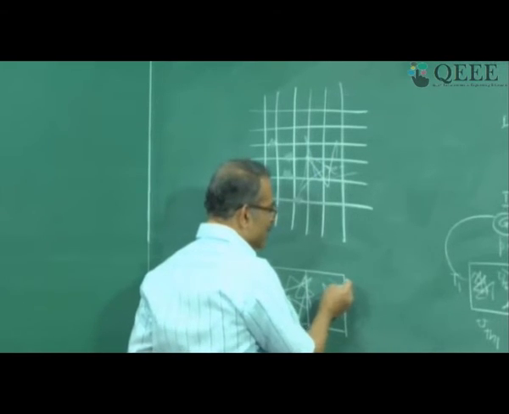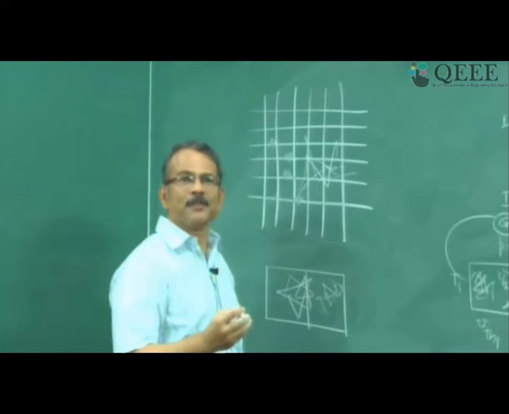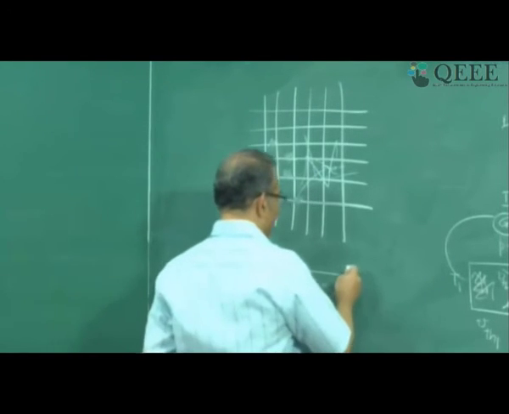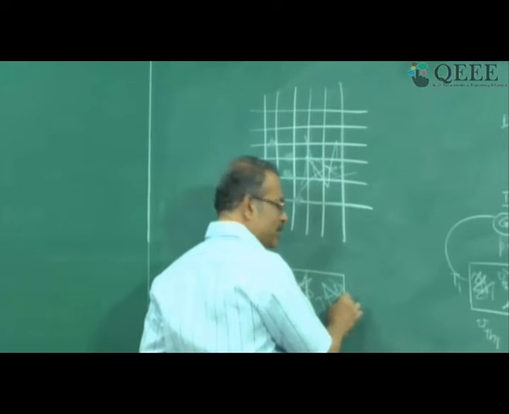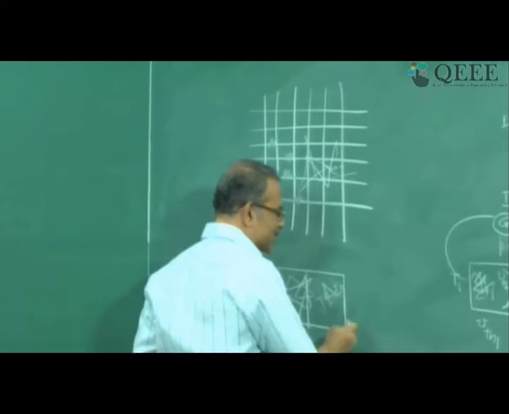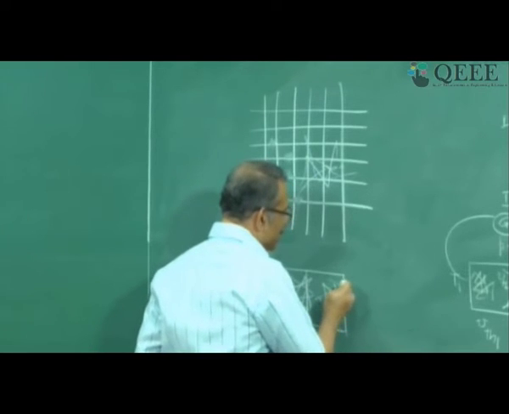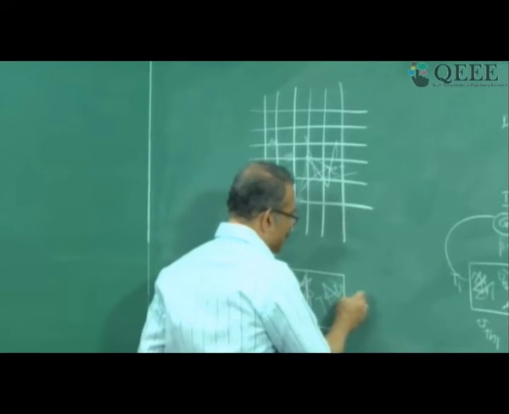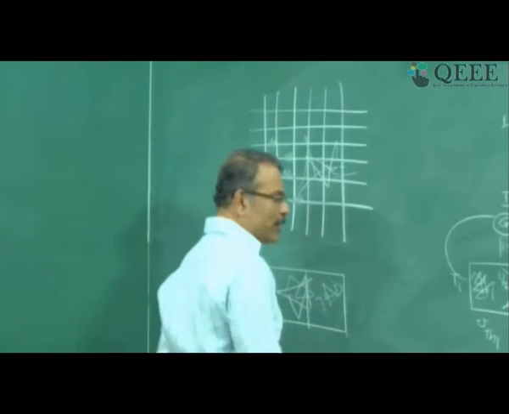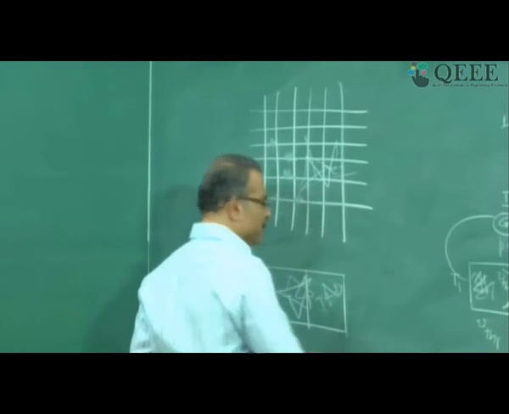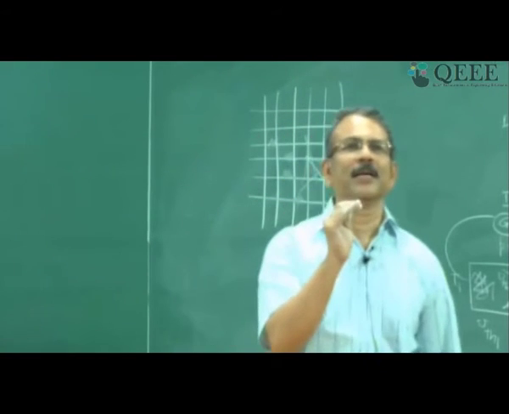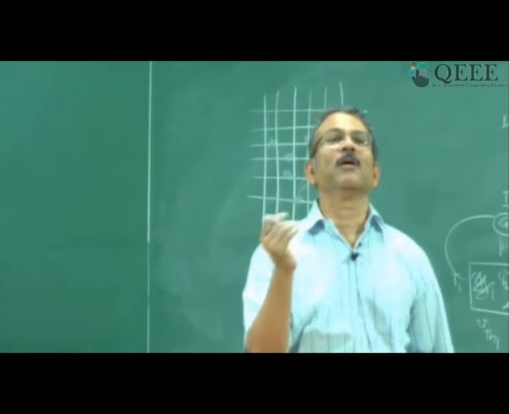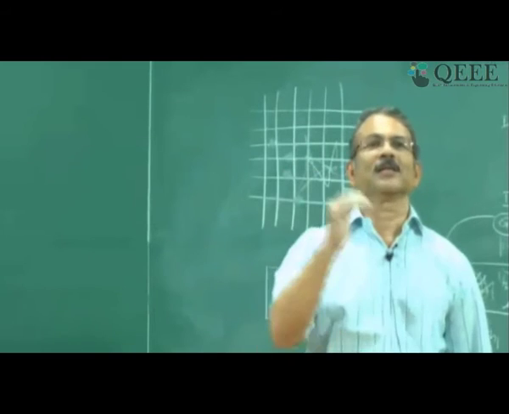In other words, a moving electron is nothing but a current. So I am likely to detect currents at different points of time because of the random movement at this contact. And now the current can be both ways, it is rightward as well as leftward. So if no applied voltage is there, net current across any plane is 0, but I may detect some current from left to right at some instant, and at some other instant I may detect current from right to left because of the random movement of electrons.